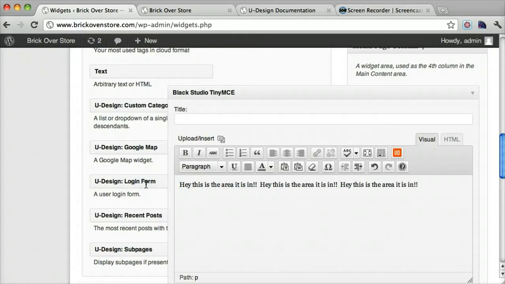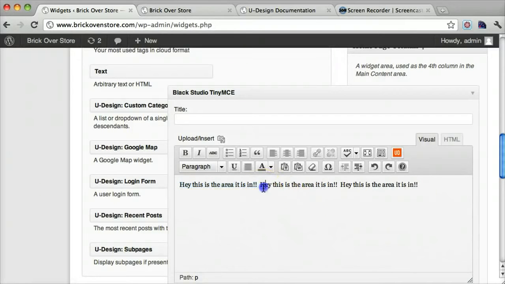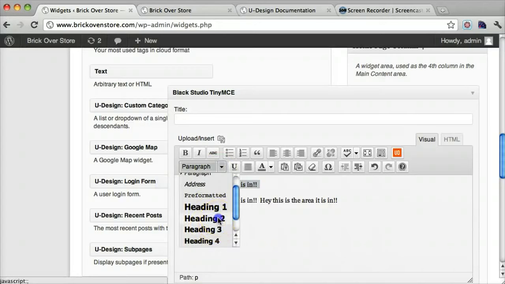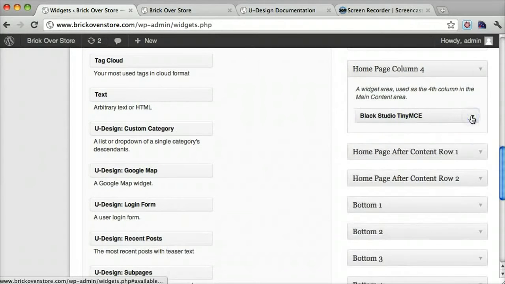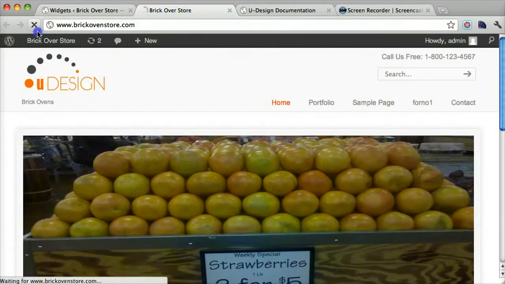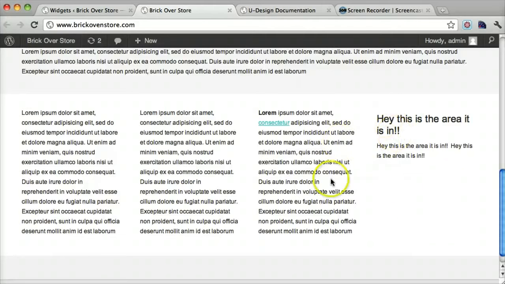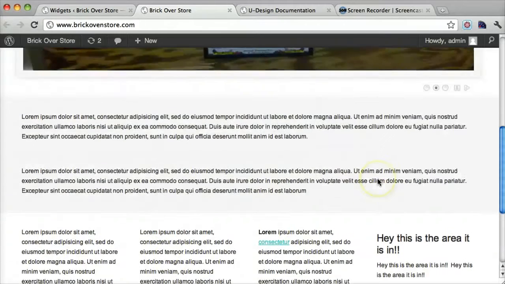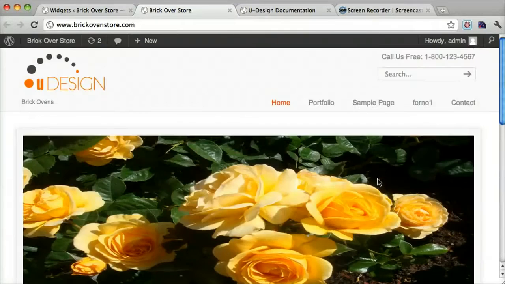And we can copy and paste that, and maybe we'll make this bigger. And we can save it. And now if we click refresh, we can see that we have another column here. It doesn't look good because it's not the same height as all of these other ones, but you get the point. So you can control the whole front of the page by